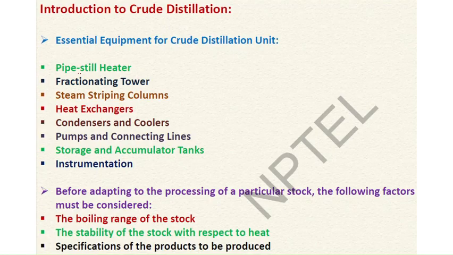Mainly, there is the pipe still heater. It is basically the heater used before introducing crude oil into a distillation column. Heating of the crude oil is required for that purpose, mainly in the form of a furnace, which you will see in upcoming flow sheets. I will show you. Then there is the fractionating tower. This is mainly the distillation tower in which the crude oil is introduced and distillation takes place. Then side cut columns are there,